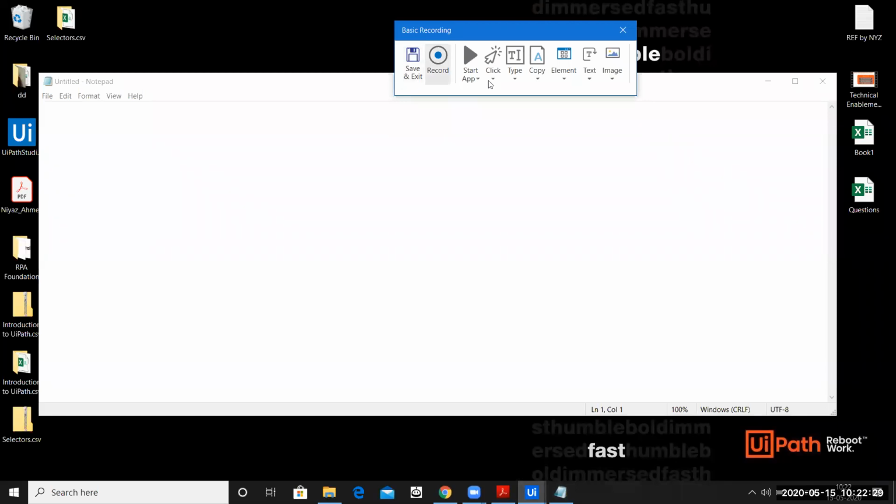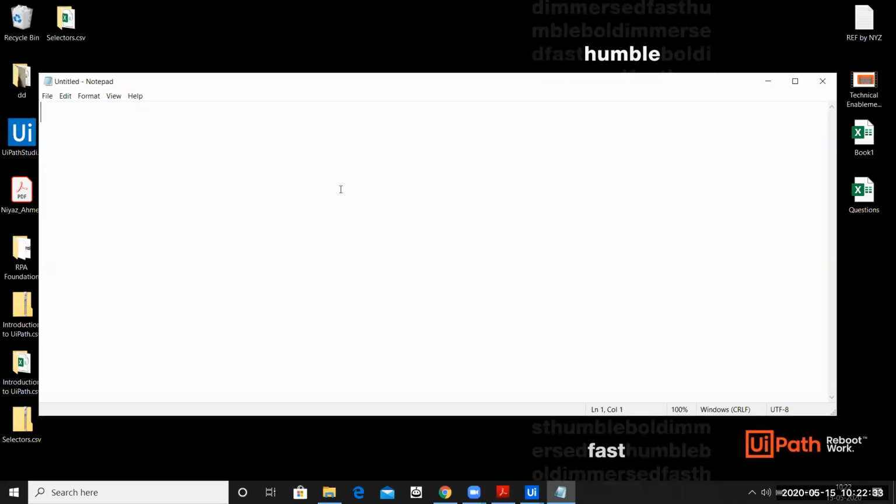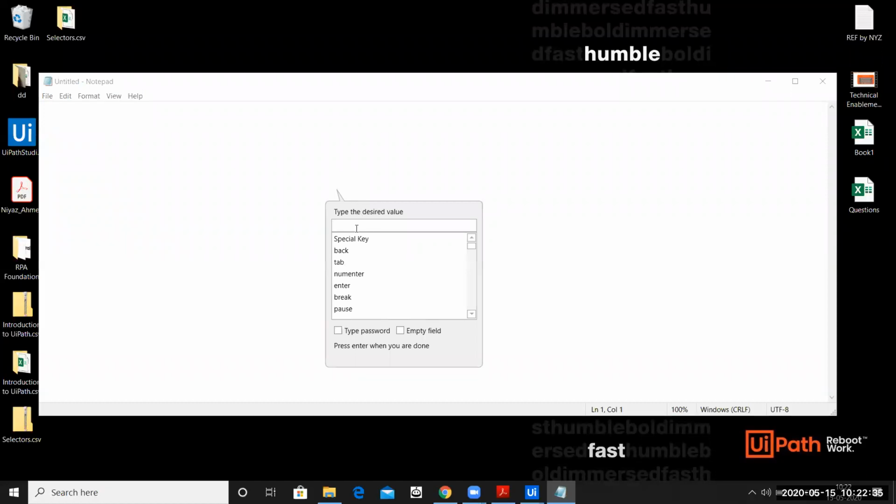Now the second step was typing into it. So I'll say type. Where do I type? I type here. And the moment you click on the text area, a balloon comes up which says type your message. Let's say, for example, I type my message. I say hello. Now there are two things over here. One is type password. Let's say you're typing a password, so you can click this box.